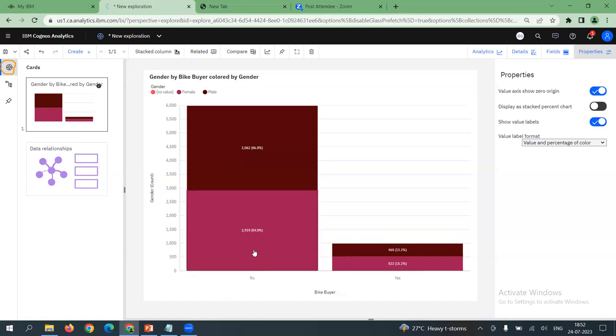What percentage of female said no? What percentage of female respondents said no, they don't want to buy a bike? Check out the illustration. 84.8. You're right, everybody. All others also, please try to respond to the questions to be interactive. Near 85% of the females said they don't want to buy a bike. Similarly, what percentage of male respondents unfavorably responded? Male respondents, 86.8, near 87.